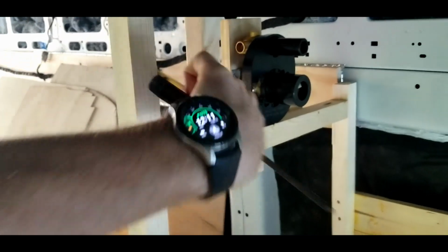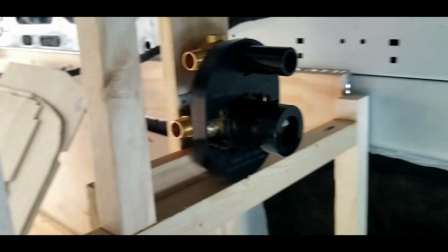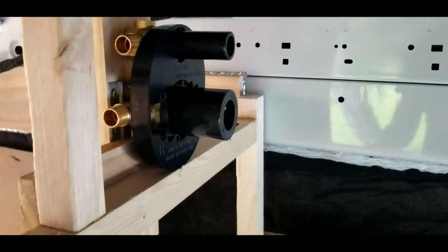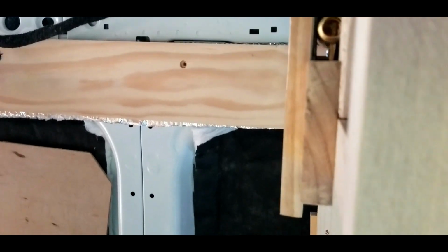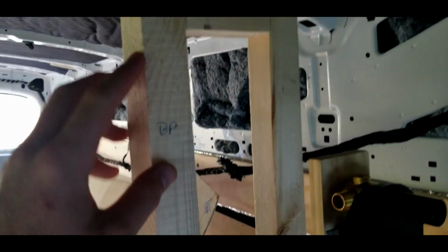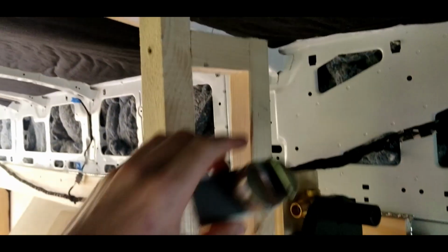Take this off. I've got the mixer mounted. It's supposed to be flush with this. It's kind of made to go on like a 2x4, but these are 1.5, so I had to add a little bit to the backside there, another 1/2 inch to make it a full 2 inches. Then I built this little support beam here, which is where this is going to sit, and this is the